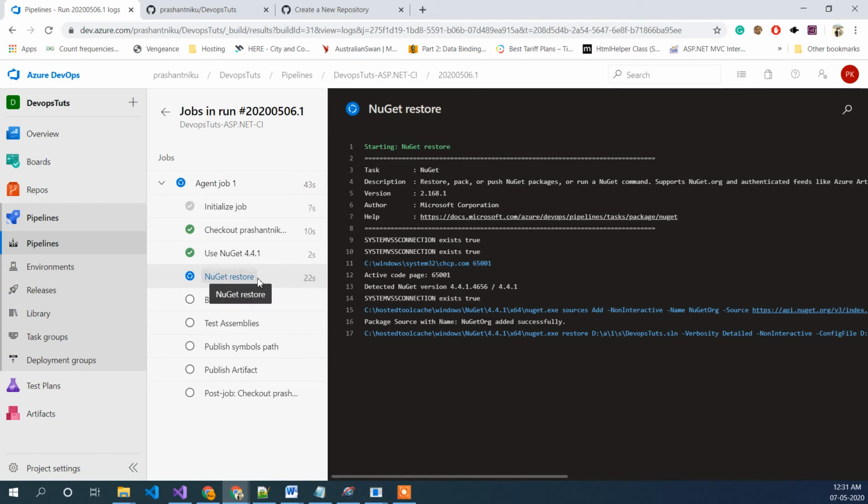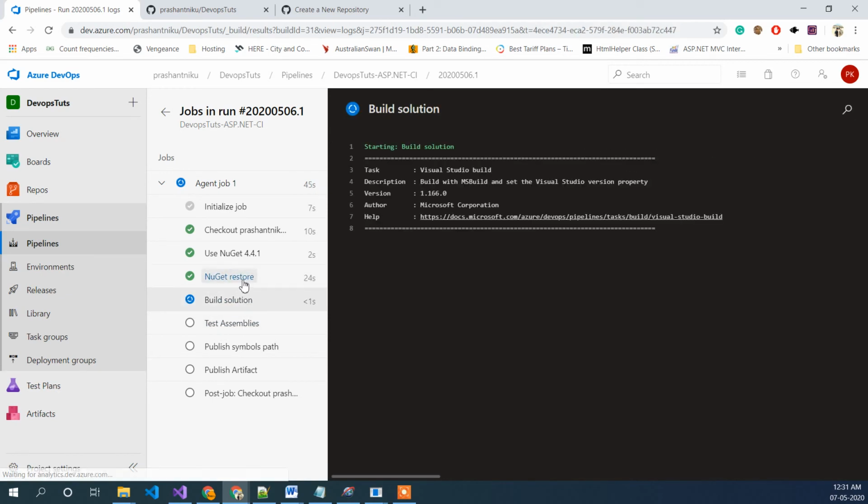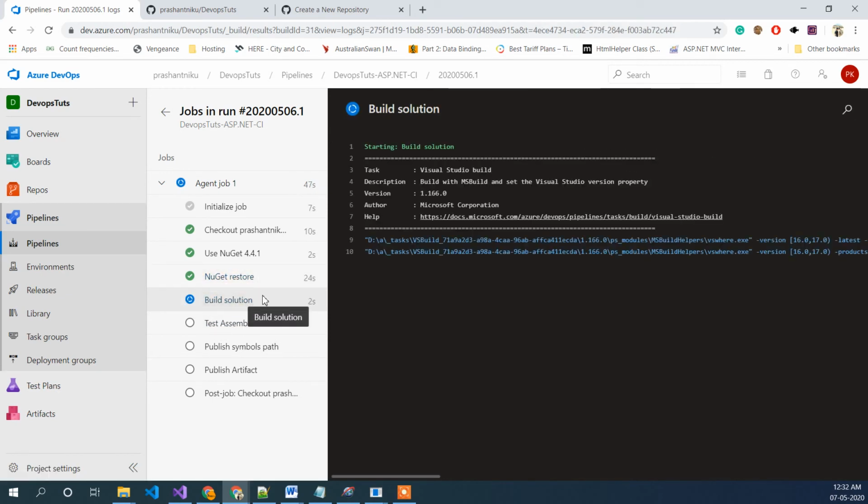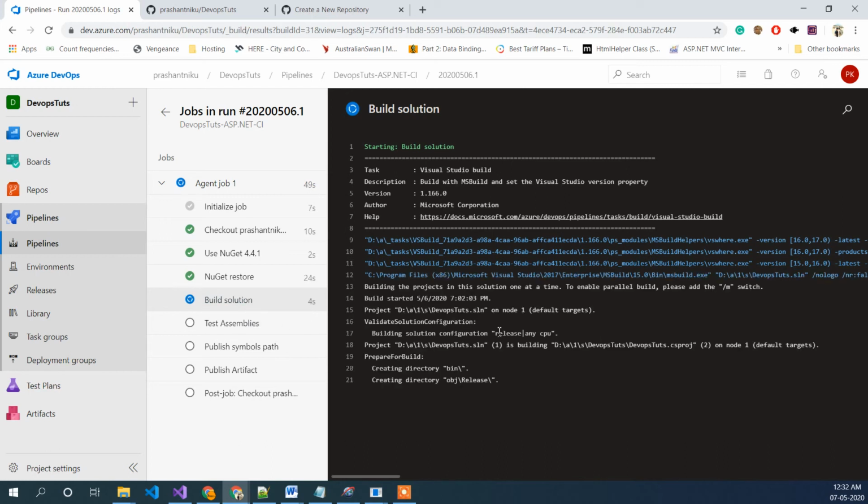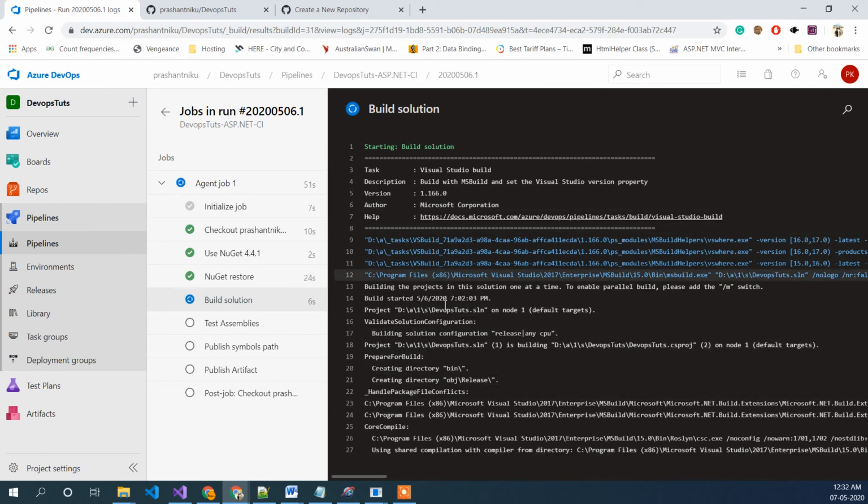So we are here, NuGet restore. Now this will be the build solution. So it will build all our application, which we do in Visual Studio by going to build, rebuild or build. It's doing that step, but on the cloud.